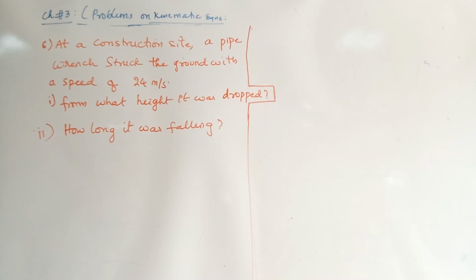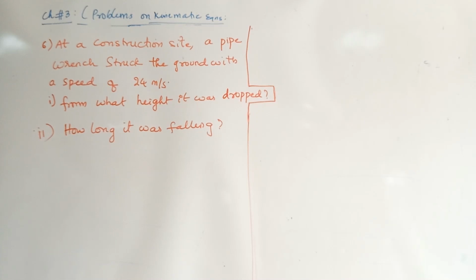And G is always negative, whether going up or coming down, because G always acts towards the center. Now look at this question. No matter whatever the problem, if you apply those conditions thoroughly, you'll get the proper answer. Not to panic, not to worry. Different faculties may deal in different forms, but you need not worry about that. You just find how to apply those things and get the answers properly.